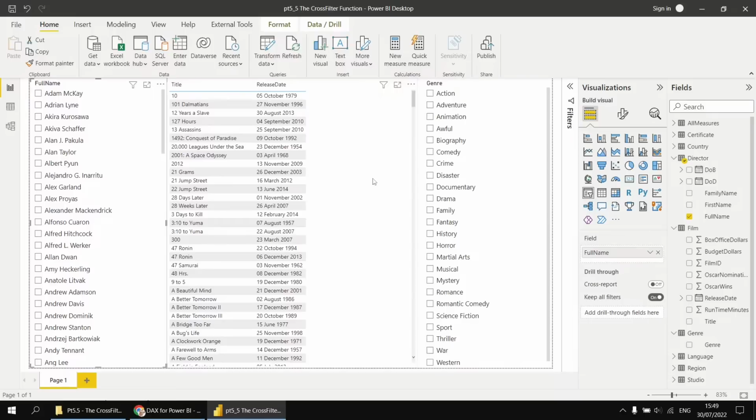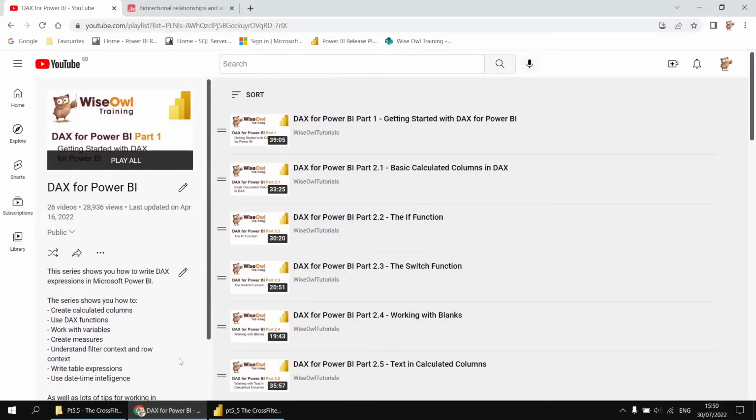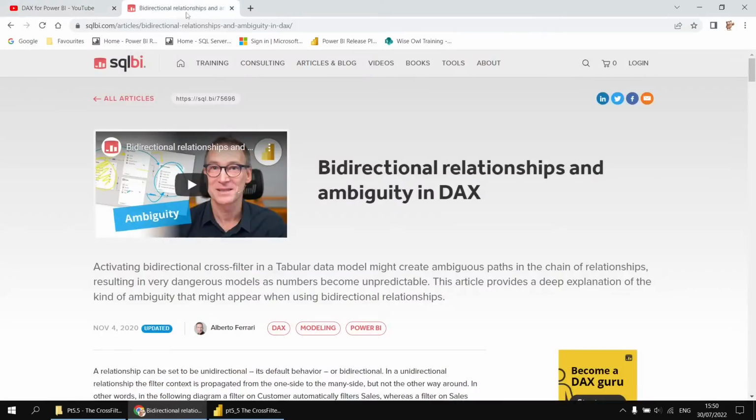Based on what we've just seen here, it perhaps sounds like a good idea at this point to change every relationship in our data model to allow filters to propagate in both directions, but that's not necessarily the most sensible course of action. There are a few legitimate reasons for not wanting to allow filters to propagate in both directions. First of all, from a lazy or pragmatic point of view, depending on which way you look at it, it's a bit of a pain to have to go through every single relationship and change the filter direction to say both. And on a slightly more serious note, in a more complex data model, allowing multi-directional filters for every single relationship